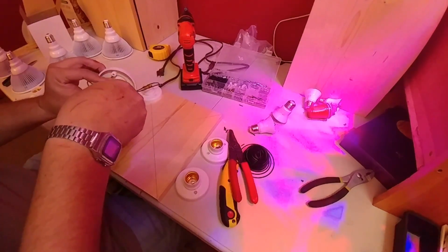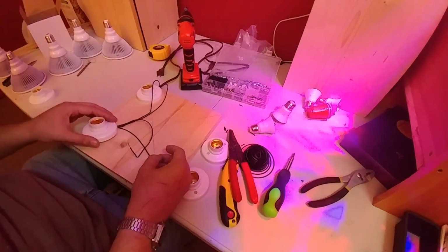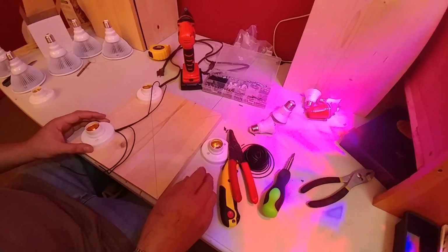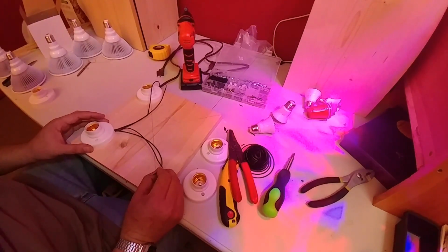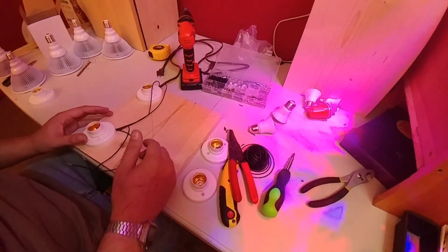Okay, now what I did when I cut these, I laid it out from here to here, and my next one is going to be here. So I made sure I had plenty of length to get to the inside of that. And now what I'm going to do, that you've seen how I daisy chained, is I'm going to go ahead and daisy chain the rest of these, and